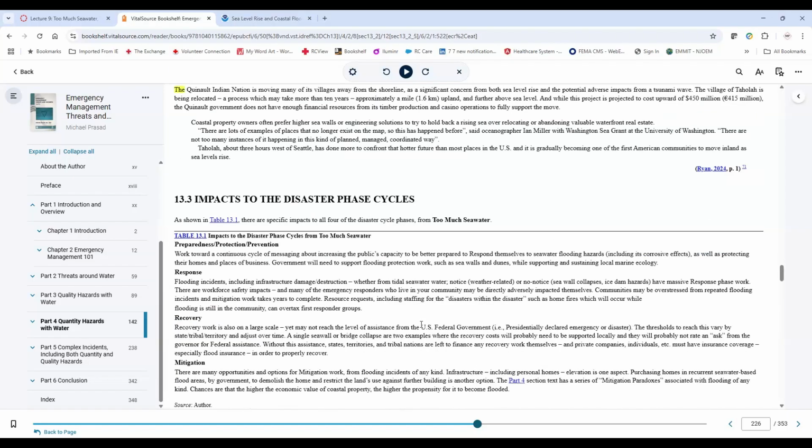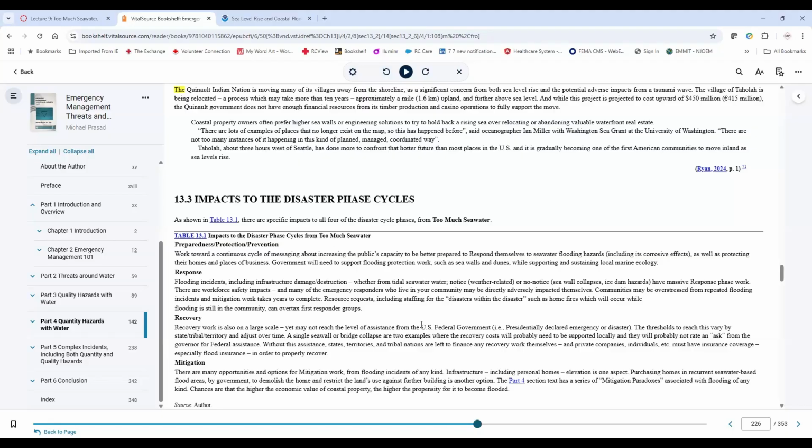Next up, we have the impacts to the disaster phase cycles. So here again, seawater rise, the flooding issues, and the protection factors, I should say, against the fact that seawater is corrosive is one of the different things about the preparedness, protection, and prevention aspects for saltwater or seawater, too much seawater compared to too much fresh water.